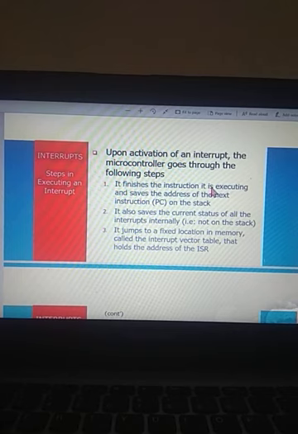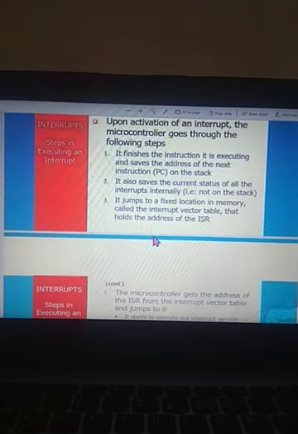It finishes the instruction it is currently executing and saves the address of the next instruction on the stack. It also saves the current status of all the interrupts internally. That means if it is currently serving a certain interrupt, that status is also saved internally.